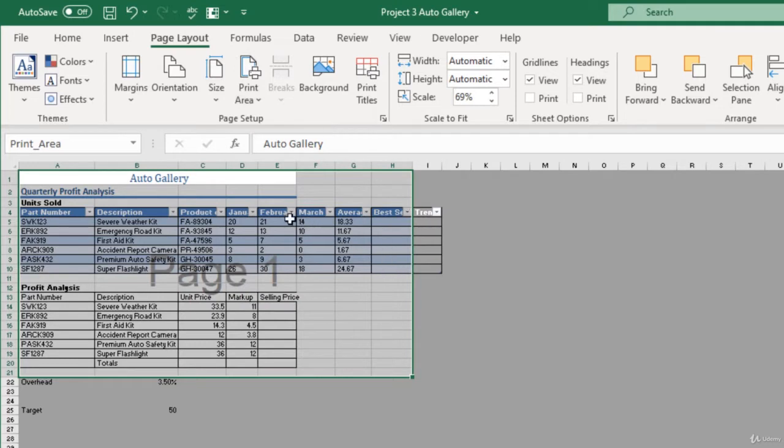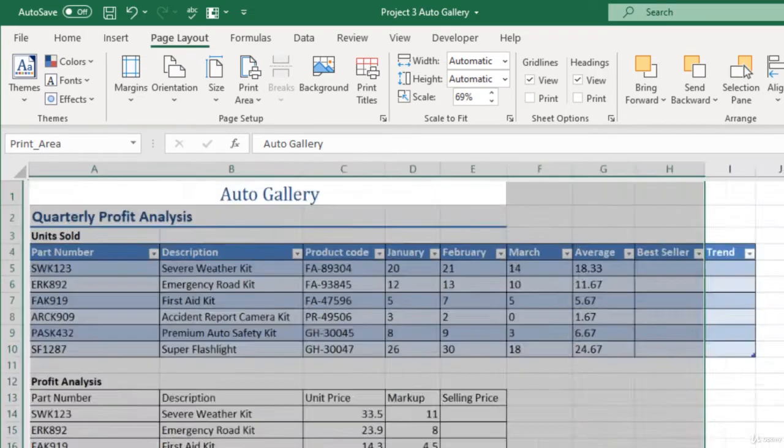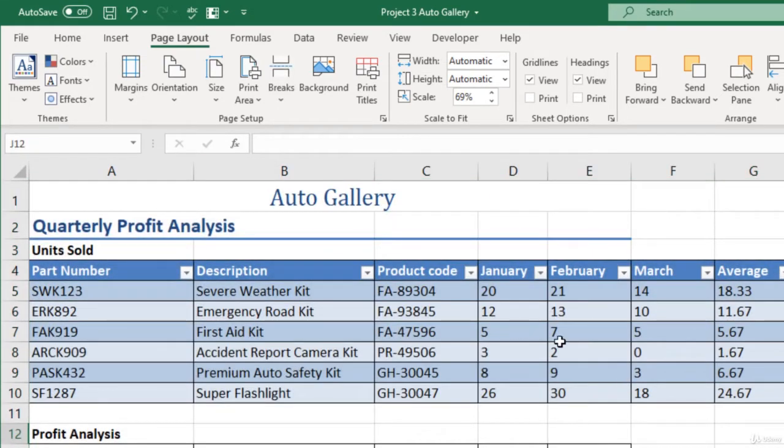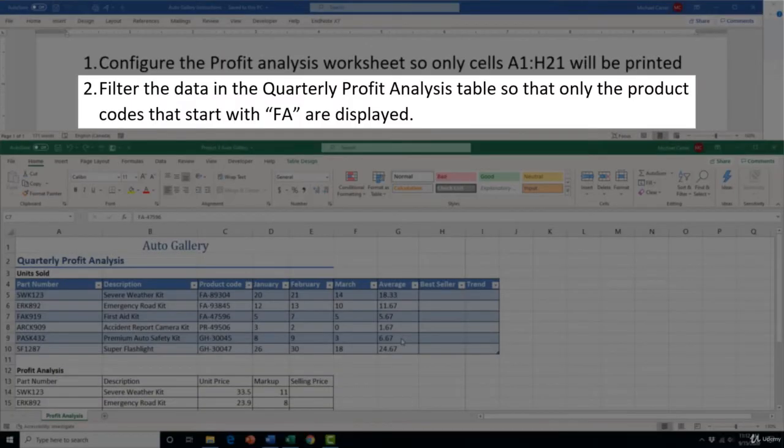And once I click on that, the area that we need, A1 to H21, is selected, and only that area will print. And now I can go back to my normal view, knowing that only that area will print, and I've completed task 1. So for task 2, we're going to look at the quarterly profit analysis table,